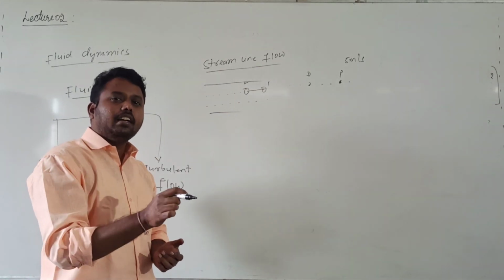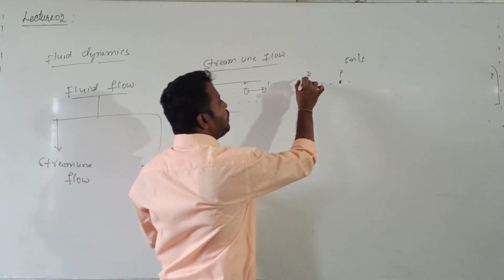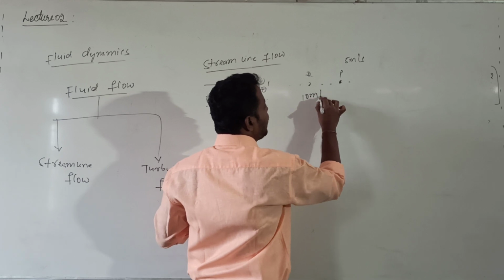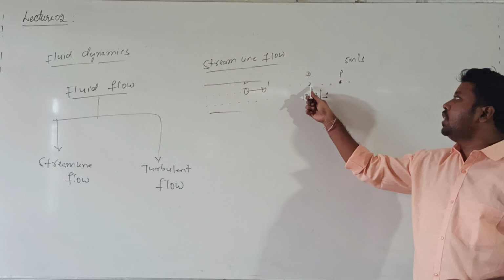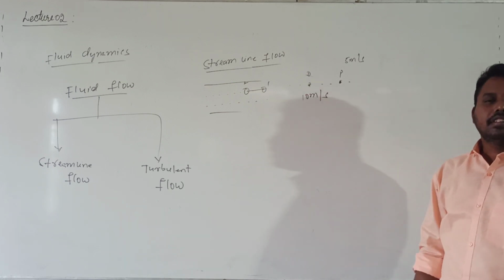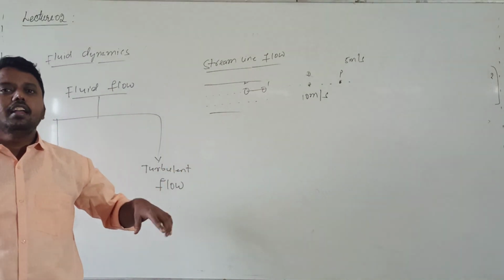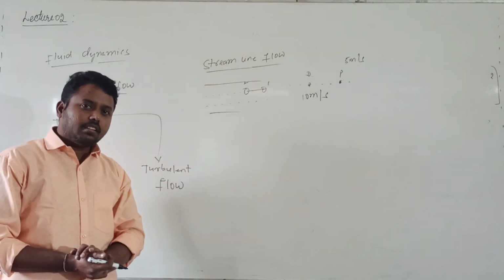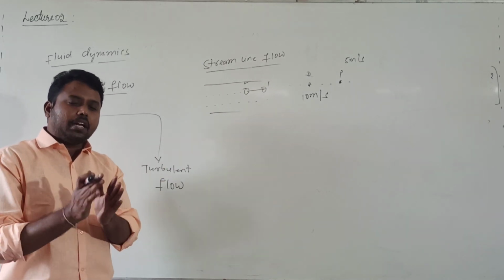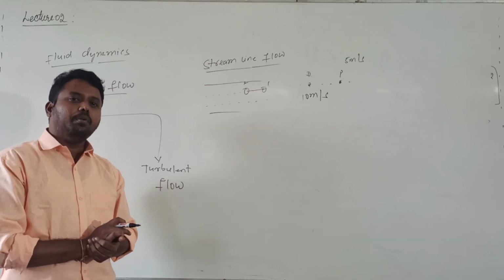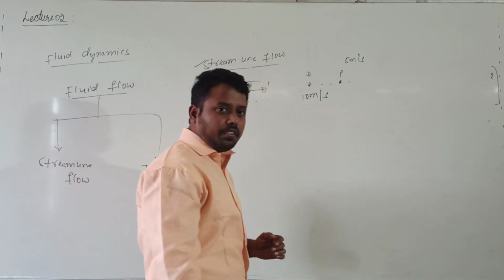But it does not mean that the velocity at each and every point is constant. If I consider another point Q, for example, where one particle crosses with a velocity of 10 meters per second, the next particle at this point will also have the same velocity. So at a given point, the velocity will remain constant. When velocity remains constant at a given point of a given cross section, pressure also will remain constant. Such a fluid flow is called streamline flow.